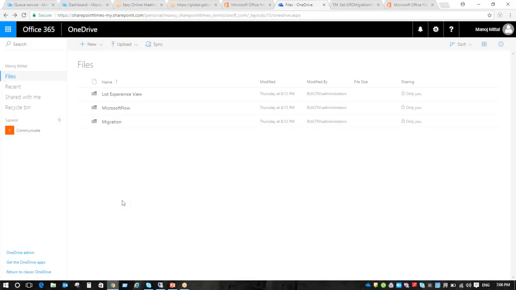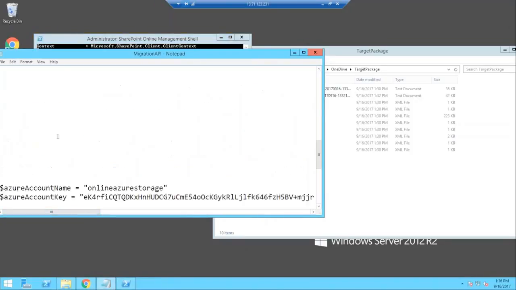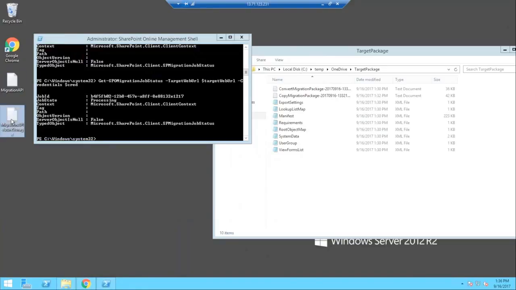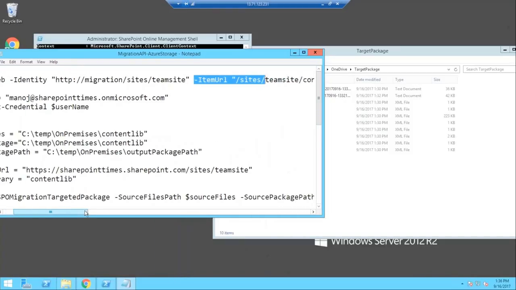Yeah. So that's the answer to what we discussed earlier. Let me browse this script again. What we can do here is we always need to work at the item URL level.